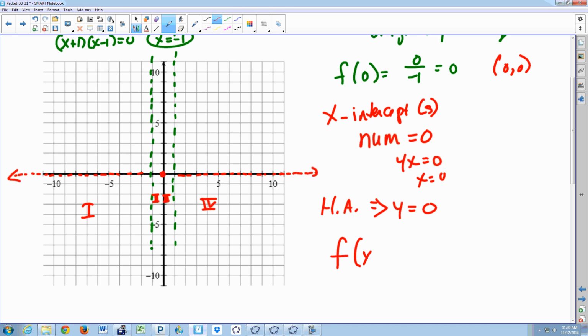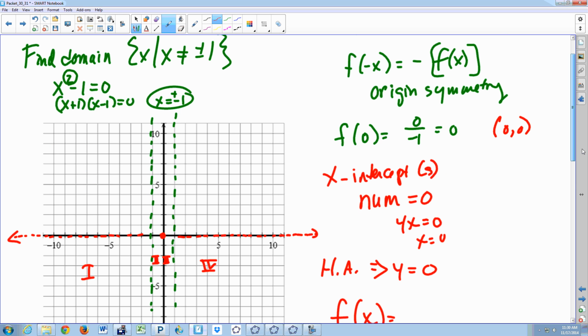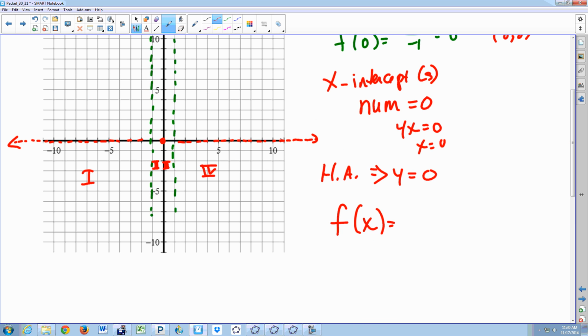Or you could try to see the forest through the trees, which is what I'm going to do for you right now. I'm going to factor this. We have 4x over (x plus 1)(x minus 1). So I'm going to start way out here on the right-hand side of my graph. And as x is really, really big,